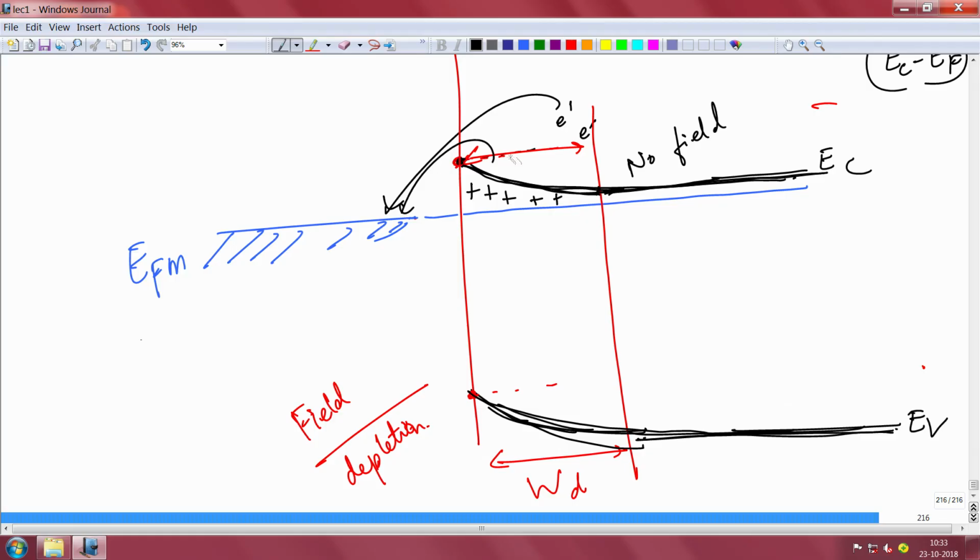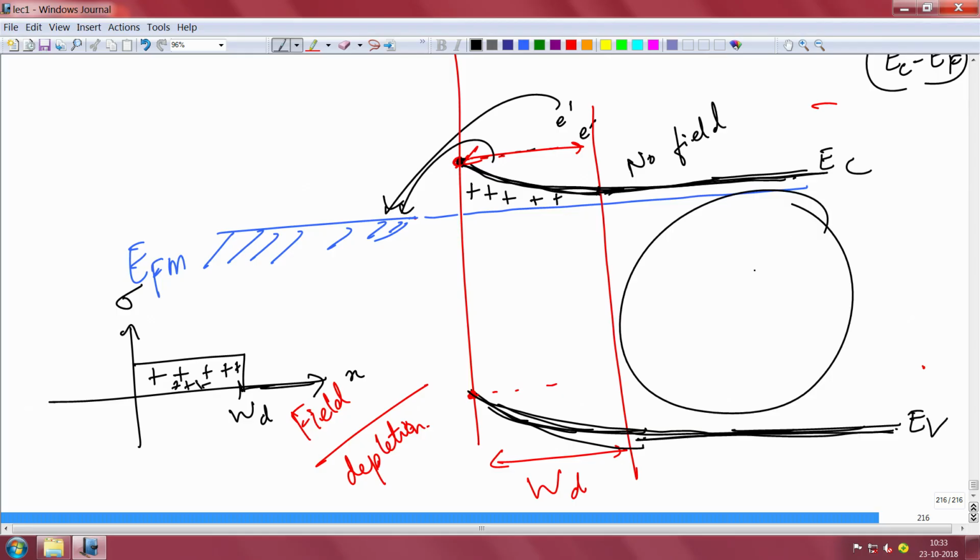If you draw the charge diagram, say this is X. So, this is depletion W_D. Up till depletion you will have positively charged ions, and beyond that you have nothing because this part is neutral, the number of electrons and number of donors are the same. Here it is positive, and this is balanced by a delta, like a sheet of negative charge, because excess electrons have come here. So, at the interface a very thin density of electrons will be there, which will make sure that this charge is balanced. So, this is how the junction looks.